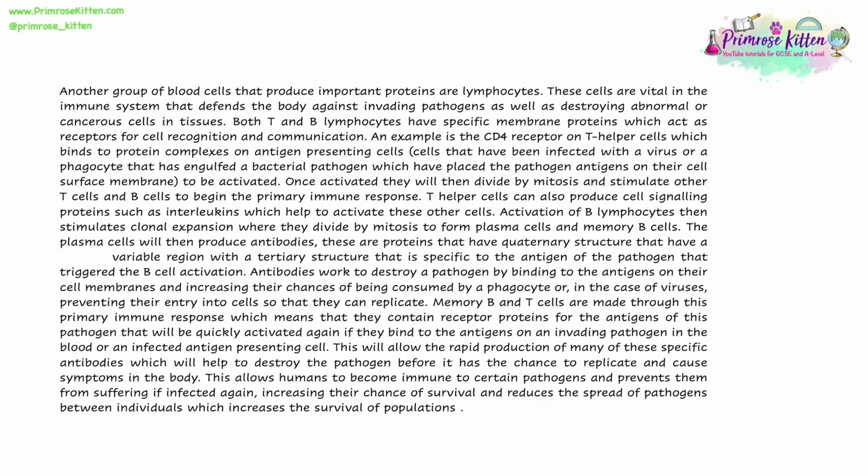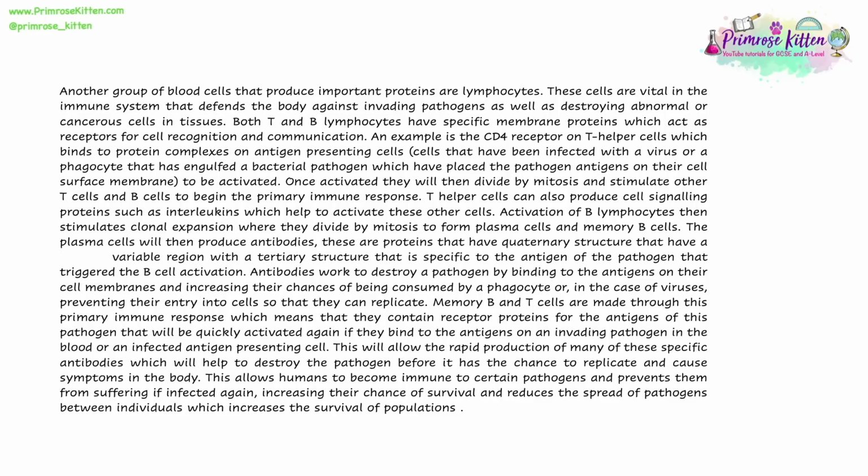An example is the CD4 receptor on T helper cells, which binds to protein complexes on antigen-presenting cells, cells that have been infected with a virus or a phagocyte that has engulfed a bacterial pathogen, which have placed the pathogen antigens on their cell surface membrane to be activated. Once activated, they will then divide by mitosis and stimulate other T cells and B cells to begin the primary immune response. T helper cells can also produce cell signaling proteins such as interleukins, which help to activate these other